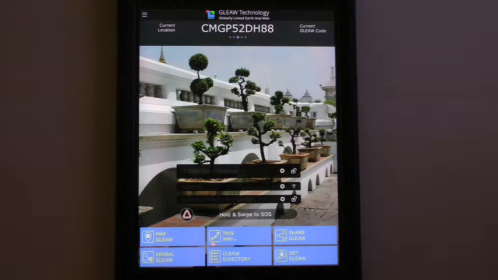This video is to introduce you to the GLEAW family of products. This particular one that you see on the screen is GLEAW Mobility Pro. It's the centerpiece for our applications. The GLEAW Mobility Mini is a subset of this, but has the key features, and GLEAW Mobility Dart has additional